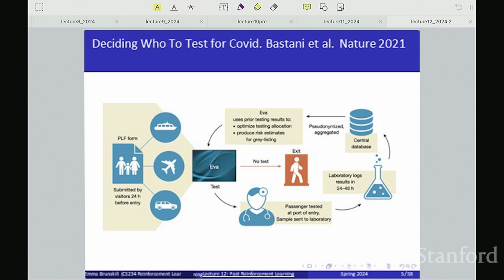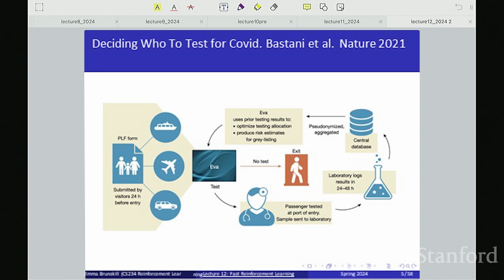It's non-stationary because COVID was constantly evolving, and often a lot of the information we were getting was lagged. So if you're in Greece, you might be able to see information from Sweden and from China and from the US, but all of that information is often likely at a population level. Those people may or may not be the same people that are traveling to Greece, probably in general are different. And because of the lag, it may or may not be informative. And in fact, in their paper, they argue a lot of that information was not as informative as this kind of real-time information.